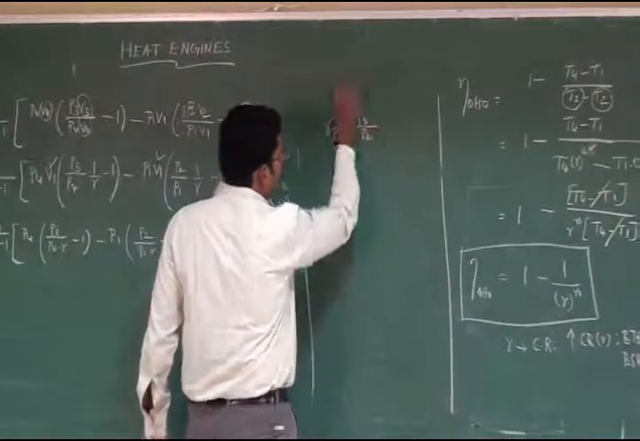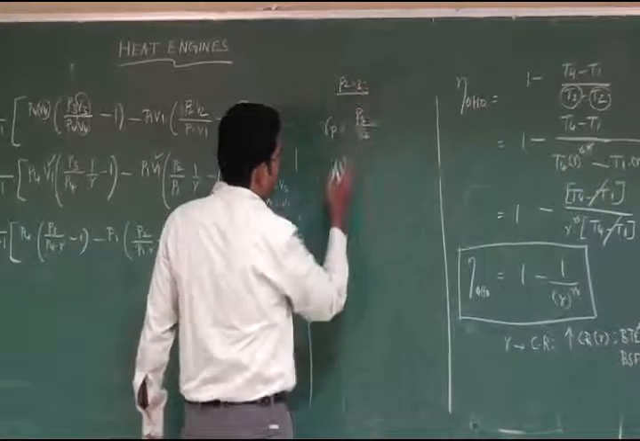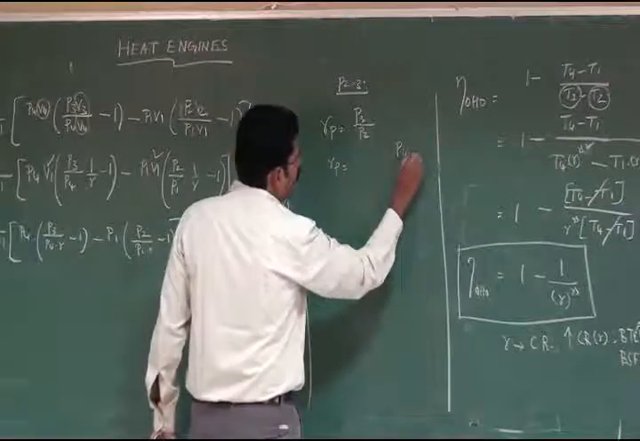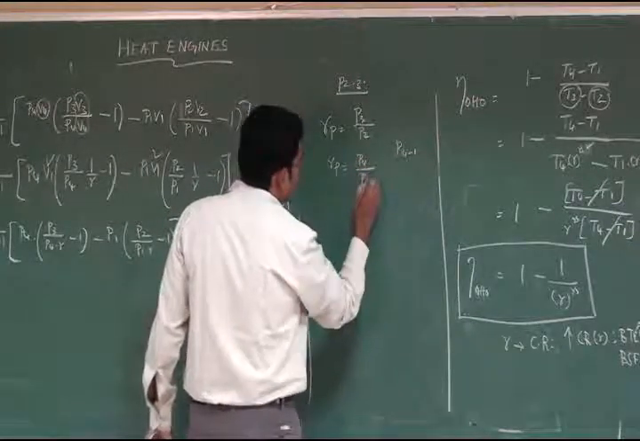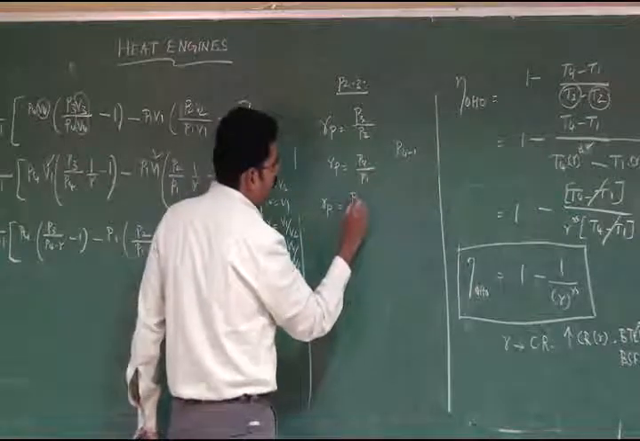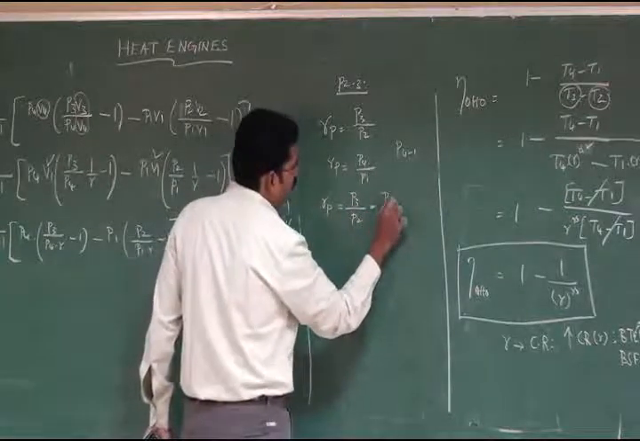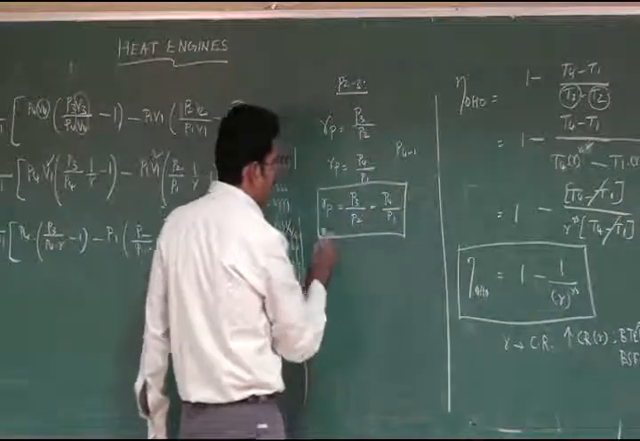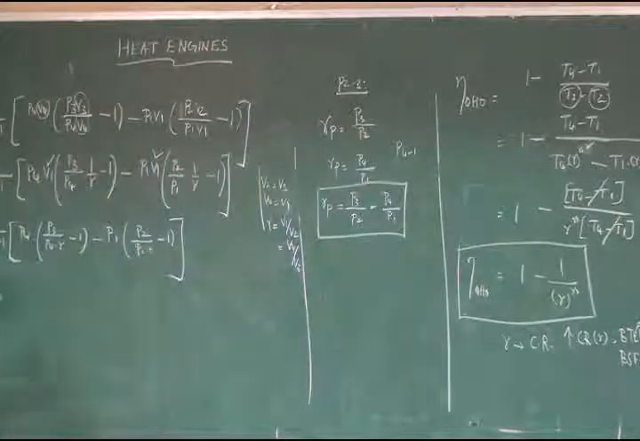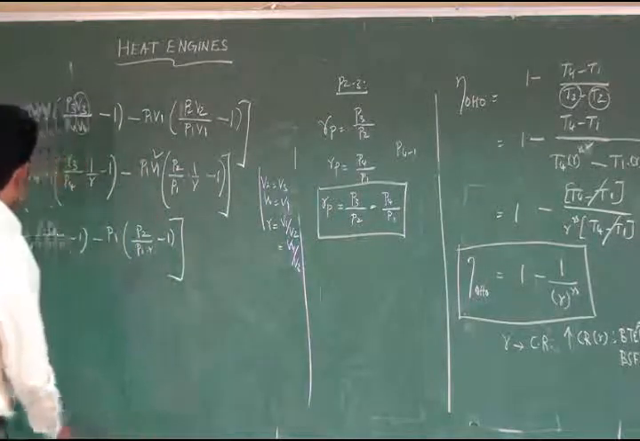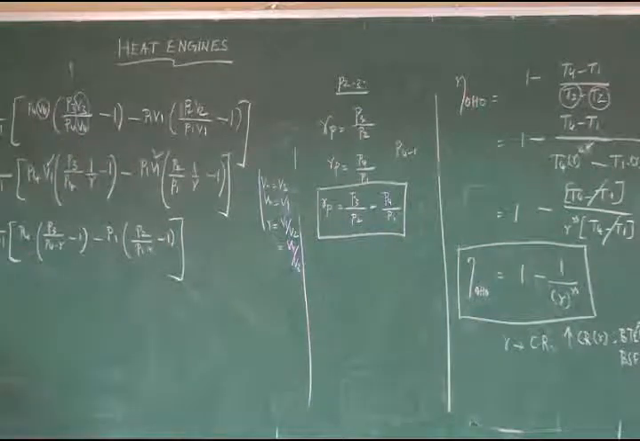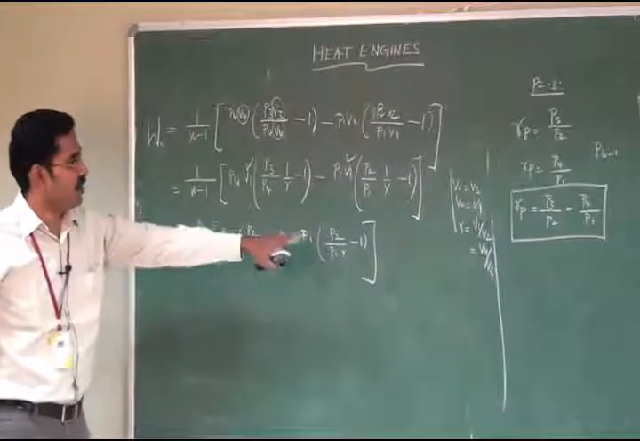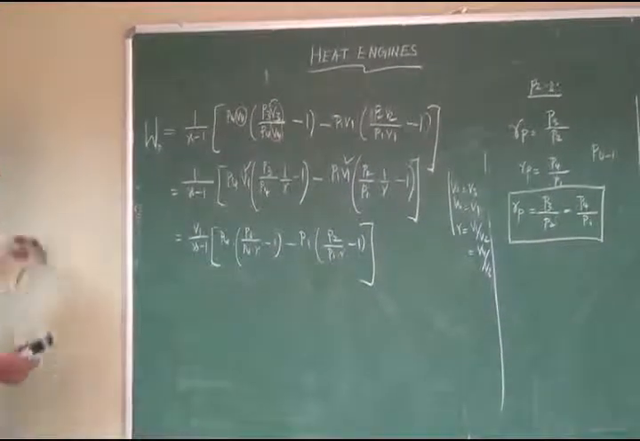P3 by P2 in terms of process 2 to 3. Similarly, in terms of process 4 to 1, P4 by P1. Then Rp can be written as P3 by P2 and is equal to P4 by P1. This is the pressure ratio of the Otto cycle, and we are going to use it here. What is P3 by P4? We have P2 by P1, then we have kept P4 outside, and we are going to introduce the pressure in terms of P3 by P2. For this